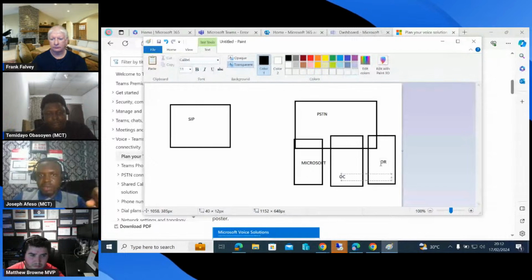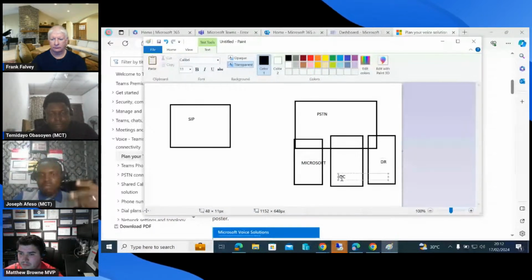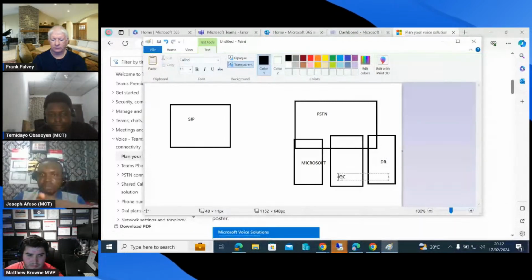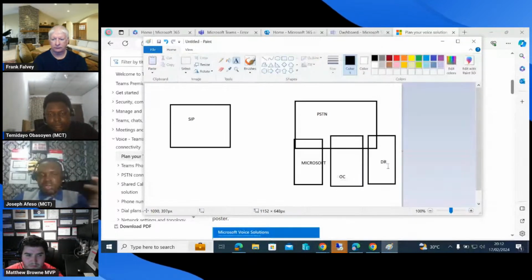If you are using Operator Connect, you are leveraging a system set up by an organization registered with Microsoft to provide phone numbers that can be used in Microsoft Teams. Or you are using direct routing, which will not even make your numbers available, but you are using a completely